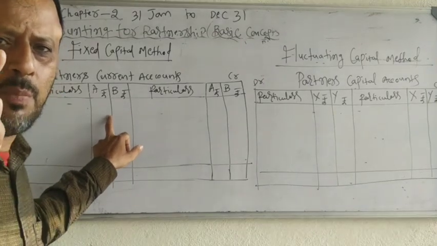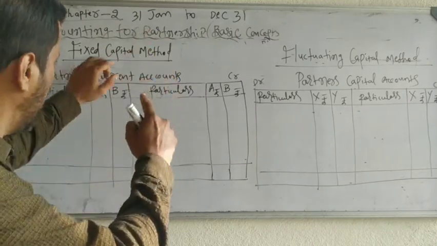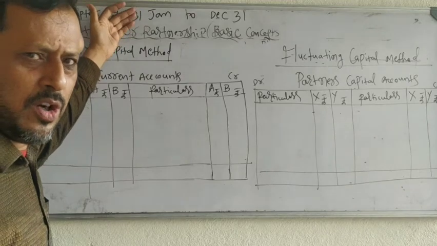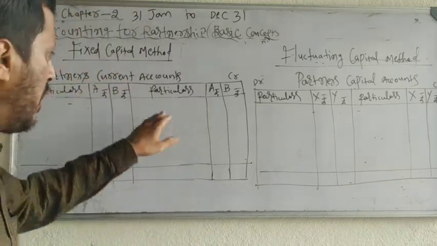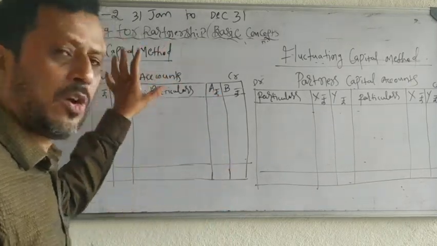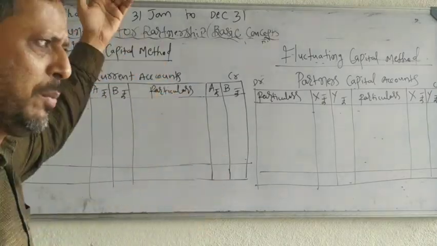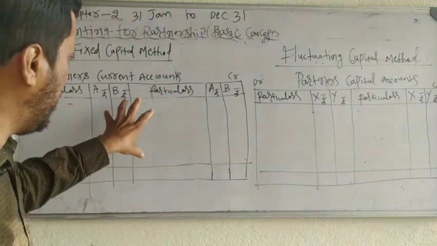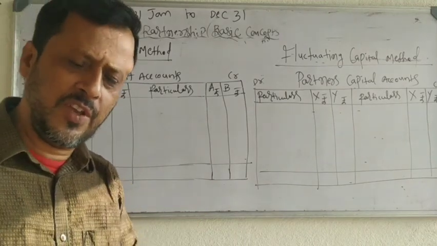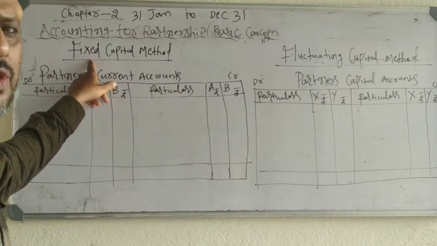Partners' capital balance is recorded in partners' capital accounts. All other adjustments were recorded in partners' current accounts. Because of recording in two accounts, capital balance in the capital account and other adjustments in the current account, the capital balance may remain fixed year after year. That is why this method is called the fixed capital method.